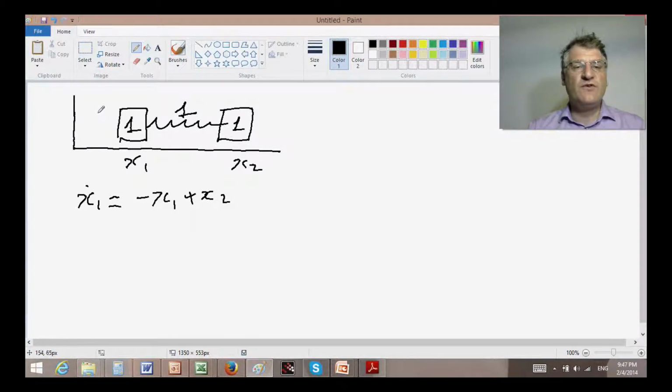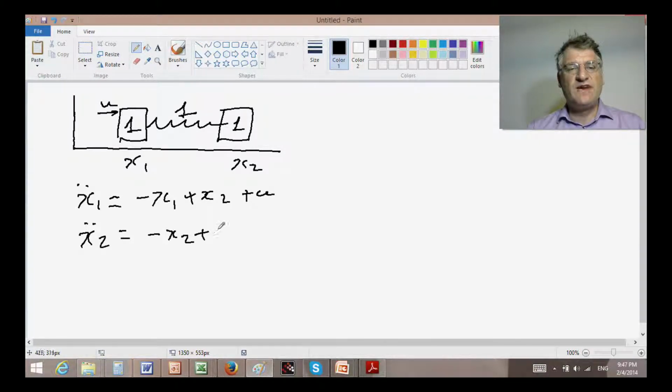Oh, and of course I forgot an input u here, a force. So plus u. That's x1 double dot. x2 double dot will be equal to minus x2 plus x1, and that's it. So how do you write that in state space form? Well, you introduce the vector x made of